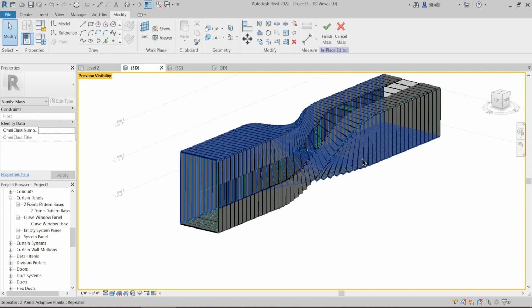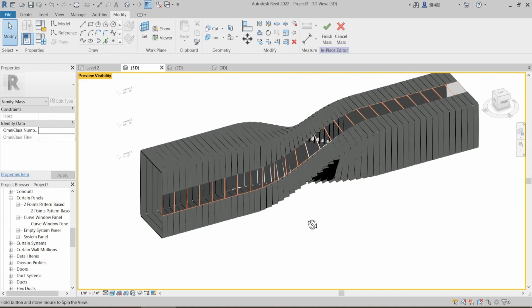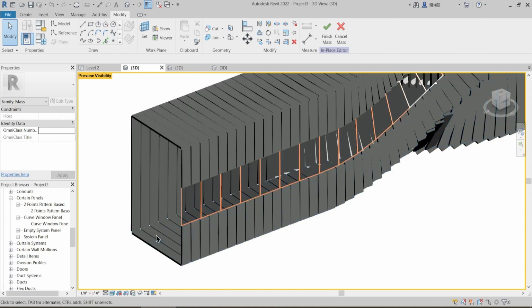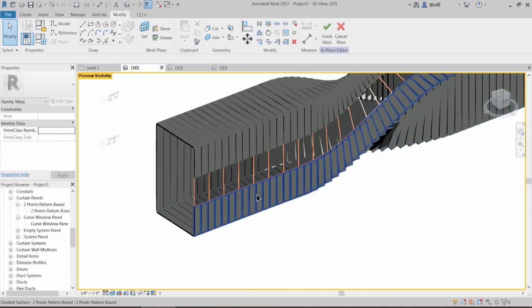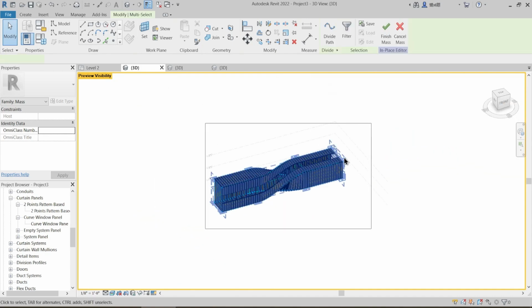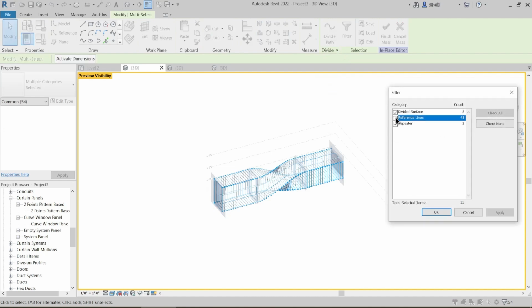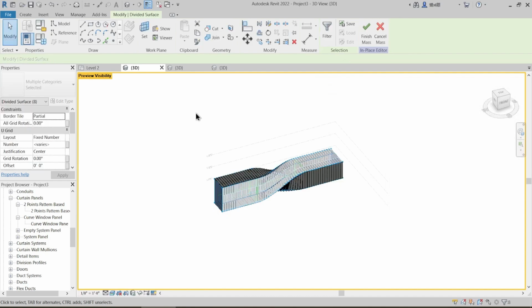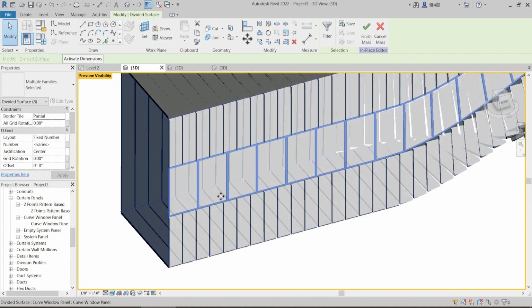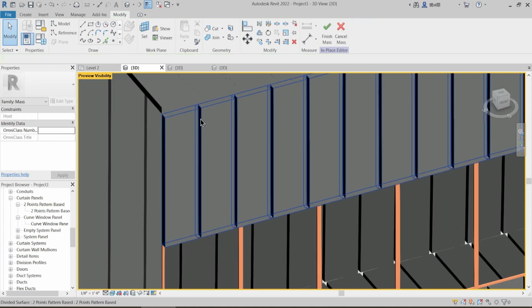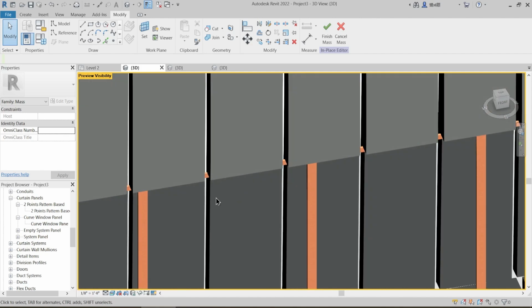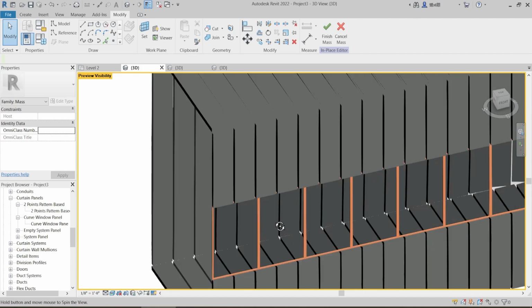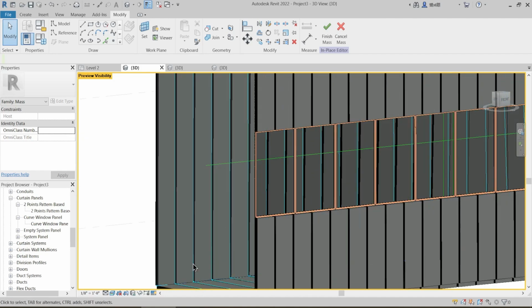This is the realistic view wherein you have your glass, black glass, and for all the surfaces you just need to select it. Let me do that as well. Filter and divided surface. Okay, and with that divided multiple families. So you have to individually select all the surfaces and get rid of those dots. For example, if I just select this,